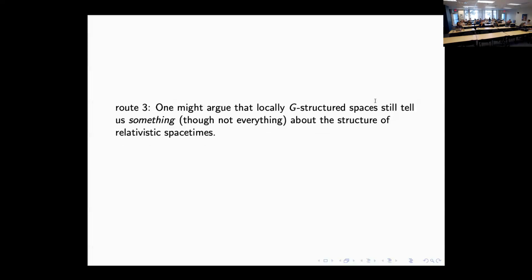Okay, lastly, another kind of way forward. One might argue that locally G-structured spaces, while they don't tell us everything about the structure of relativistic spacetime, still tell us something about it. Try to make precise what it is they're telling us. They don't allow us to recover the exact metric up to isometry, but they're telling us something interesting about relativistic